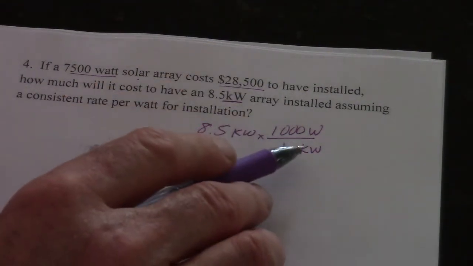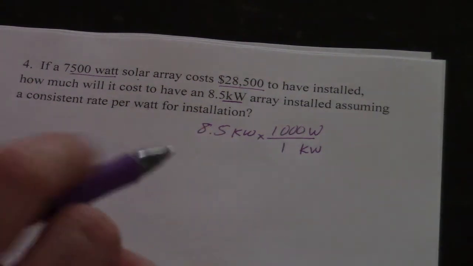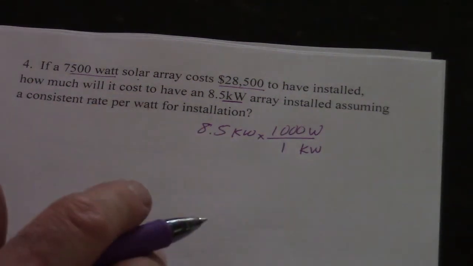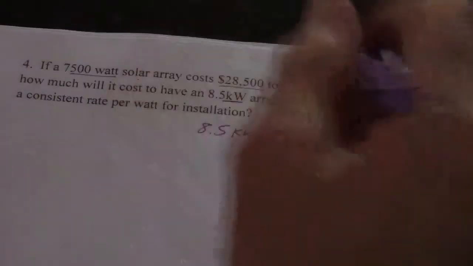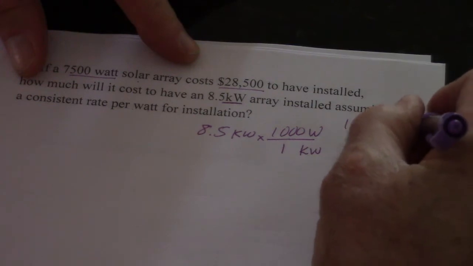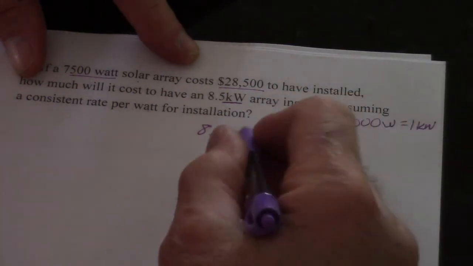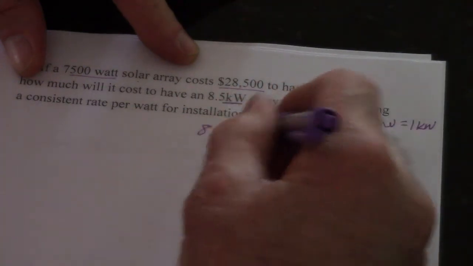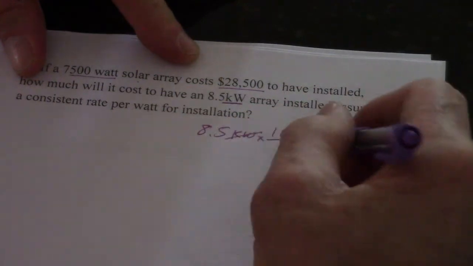I won't give you the conversion, but you get an 8.5 by 11 note sheet, so you can include this fact on your note sheet, so you can refer to it if you have to do a conversion from kilowatts to watts. So when you multiply by 1,000, that moves the decimal 3 places to the right,